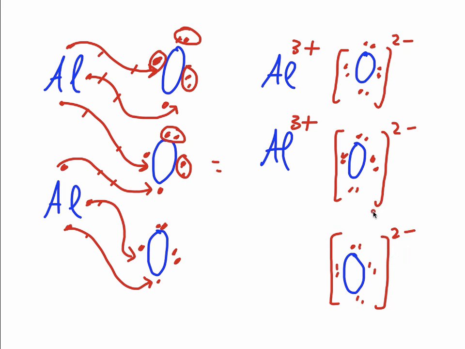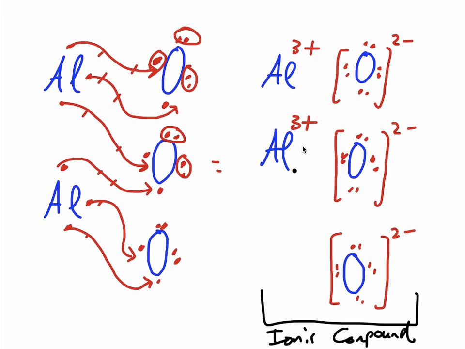Perfect. And you see our new ionic compound now. This is now your ionic compound. It is a combination of 2 aluminum ions that transferred a total of 6 electrons to 3 oxygen ions. And there's your ionic bond in there, and that is your final